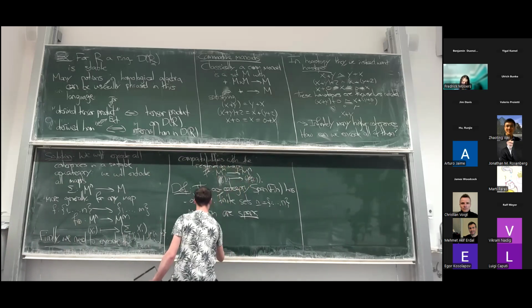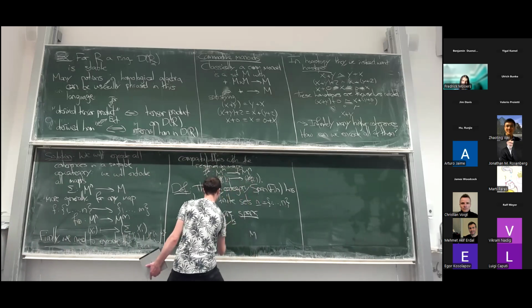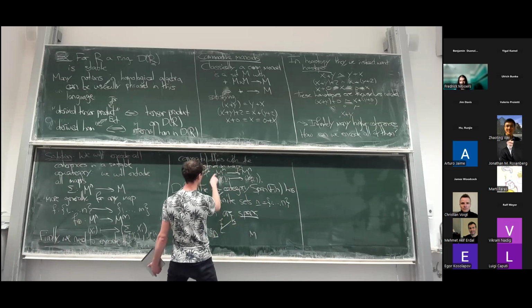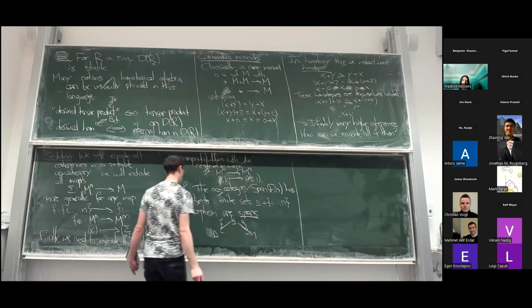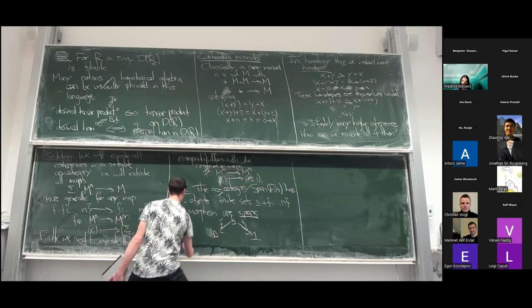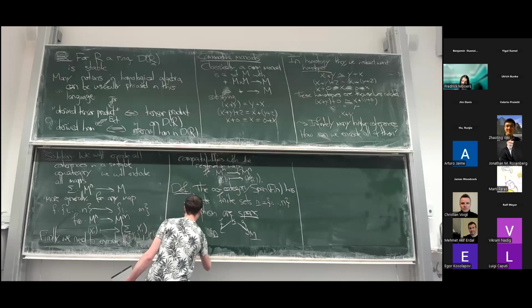So we need to encode, we have this n lower bar, and then we have m, and then we have some k. And then we need to encode the contravariant direction, and we need to encode the covariant direction. So these are just maps of finite sets. And then finally, we need to define composition, and composition is given by